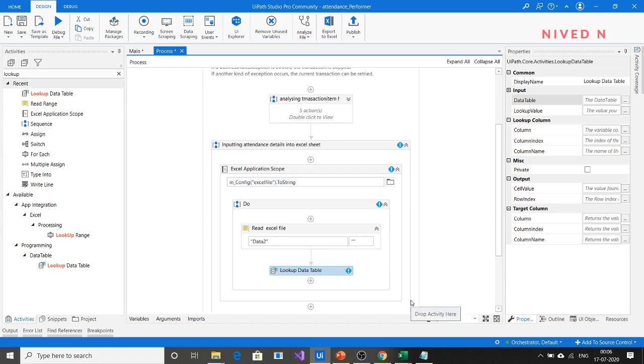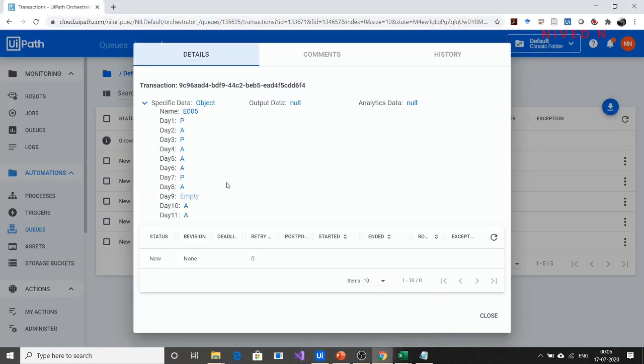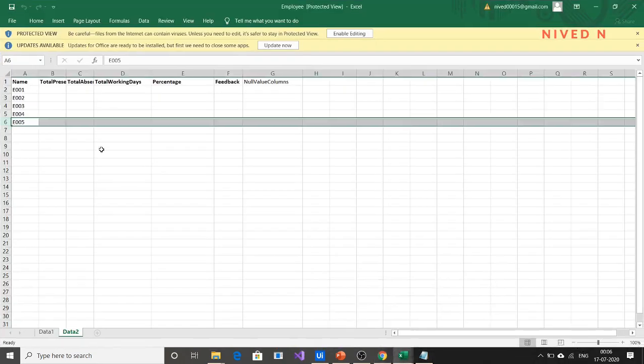In our case, if you take the example of this queue item having the E005 employee's data, after calculating the total number of present, total number of absent and null values, you want to input this into this Excel file, into the corresponding E005 row. So there we have to know what the row index of E005 is. For that, you use the lookup data table activity.